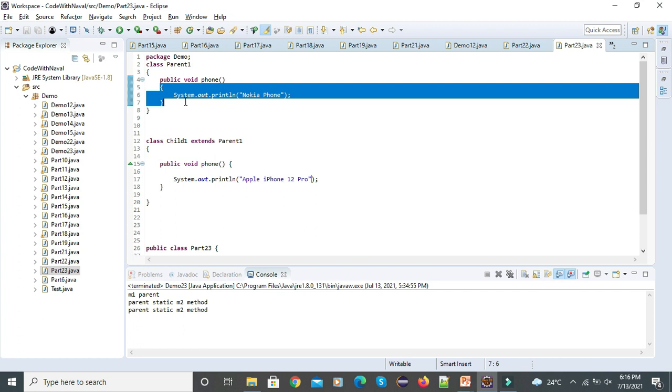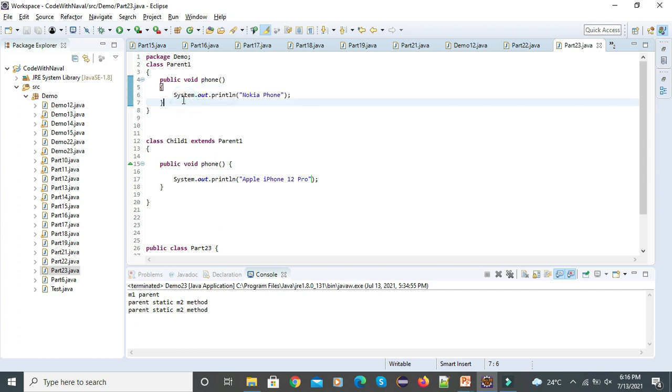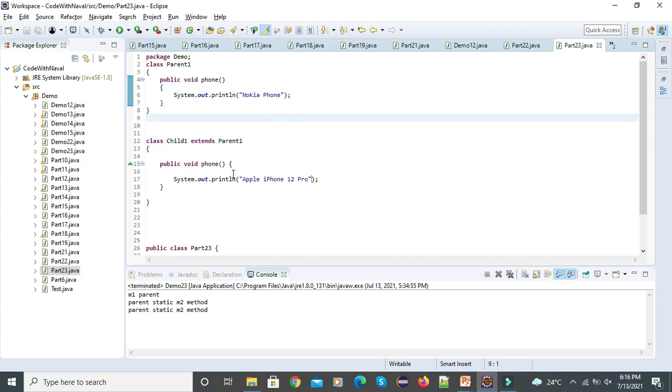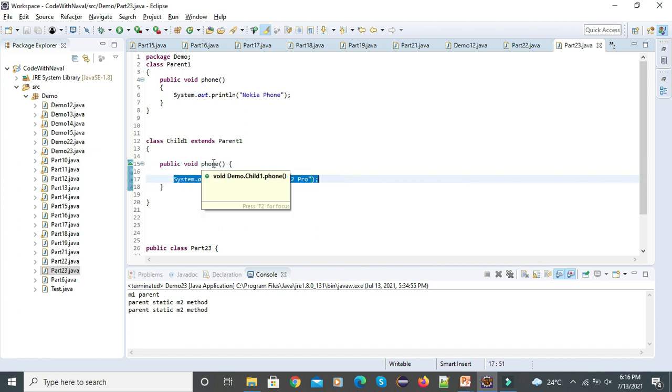Then the child wants a phone, sees the parent provides a Nokia phone, but doesn't want that Nokia phone. The child wants Apple iPhone 12 Pro. So the child simply takes that method and reinitializes, or we can say re-implements, that method. This re-implementation is nothing but method overriding.